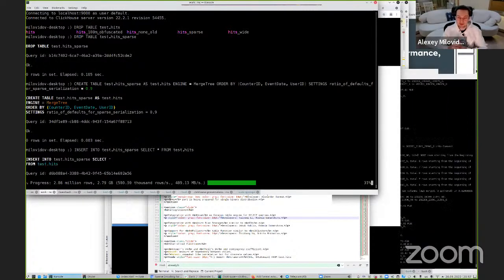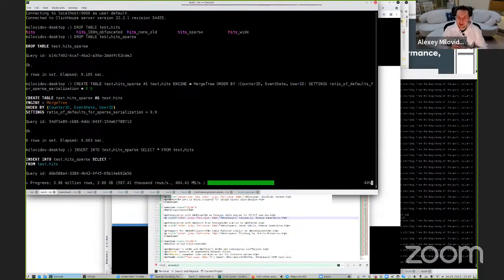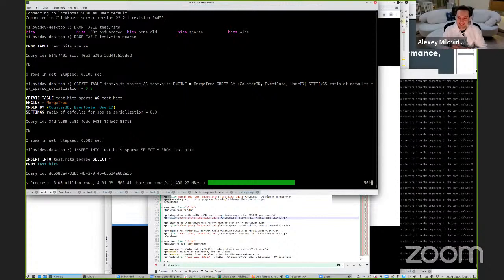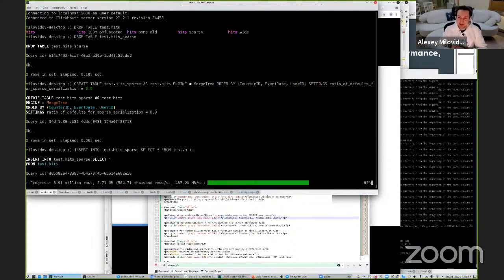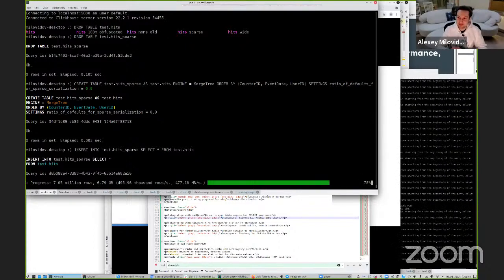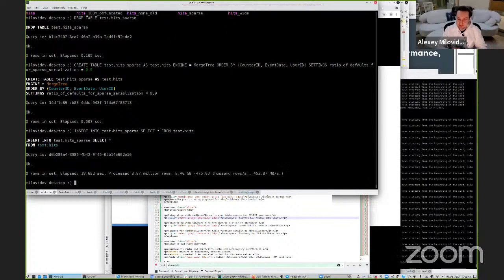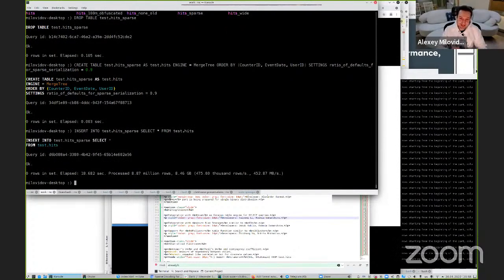What do you think? If I recreate this table, will it show some performance benefits? Or maybe I will see some exception message.